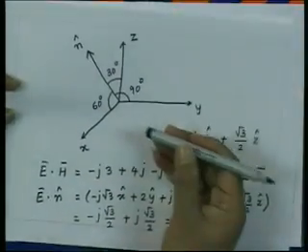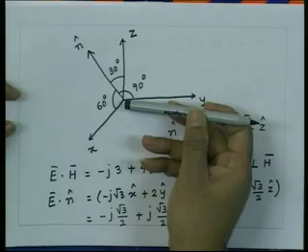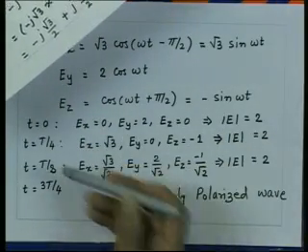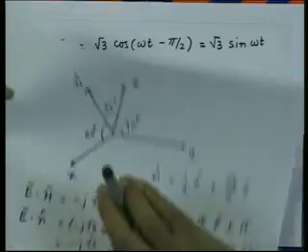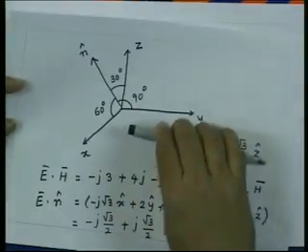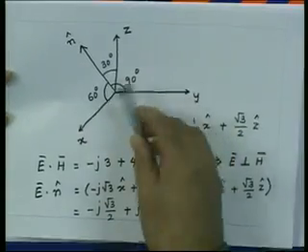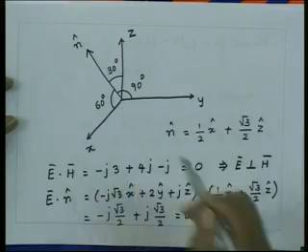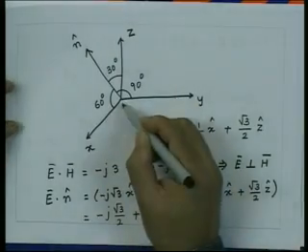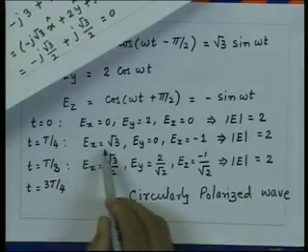So, initially the electric field was like that, and after a time T by 4, the E x has become root 3 and the z component is negative. So, essentially the electric field vector has moved like that. Since this quantity z is negative, the point which has moved here, the electric field vector,